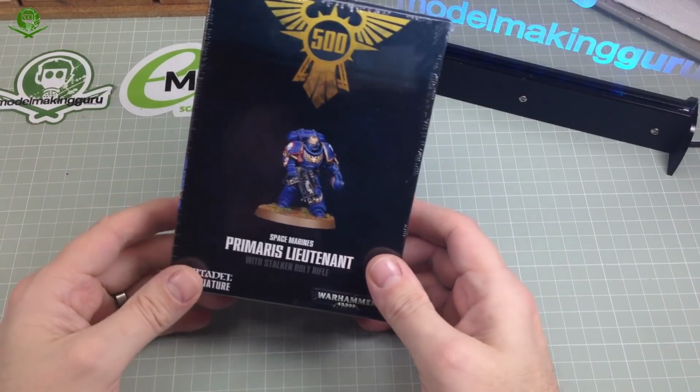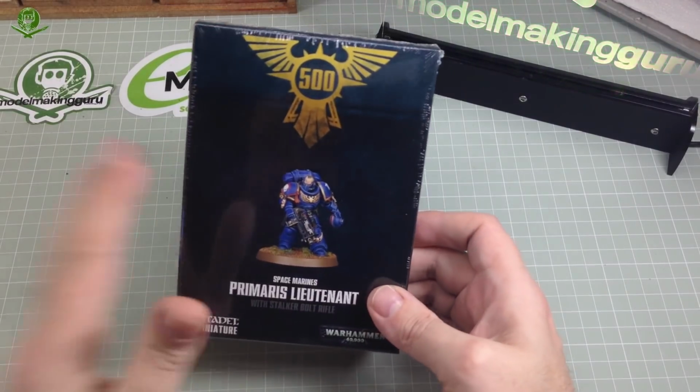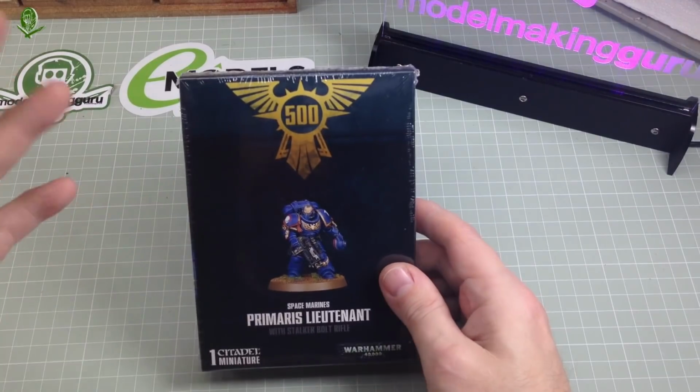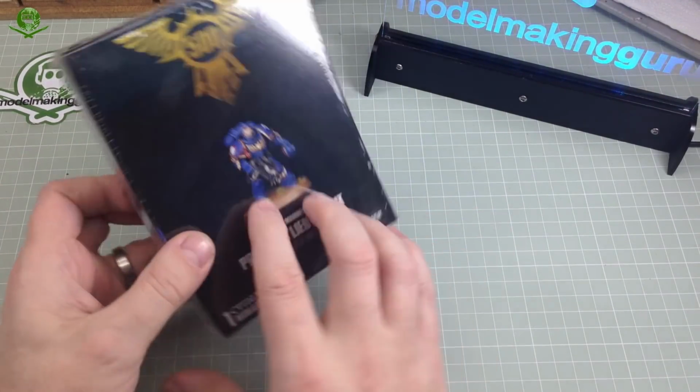I know, heresy. So yes, I got this. You can get two. You can get this chap, or you can get some Age of Sigmar floaty ghost lady nonsense. Which, just no interest in that. I think it's Age of Sigmar. No interest in that anyway. It looked very nice, but it's not my thing. And the other thing to note is